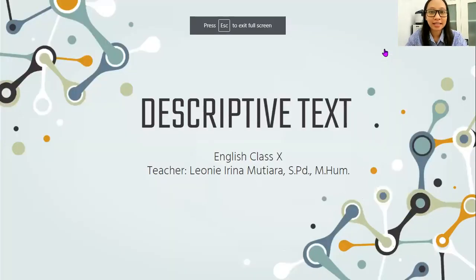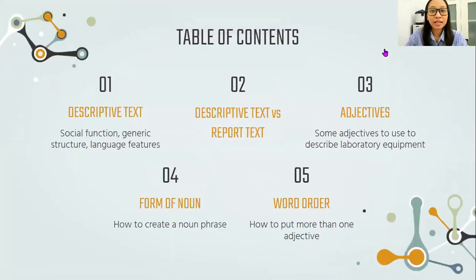A descriptive text. In this video, there are 5 things that I would like to explain. The first is about the descriptive text, about the social function, generic structure, and language features. And the second is the difference between descriptive text and report text, because they are almost the same, but actually they are different. And the third one is about the adjectives, because in describing something, we will need adjectives. Okay, of course. And then in point 4,